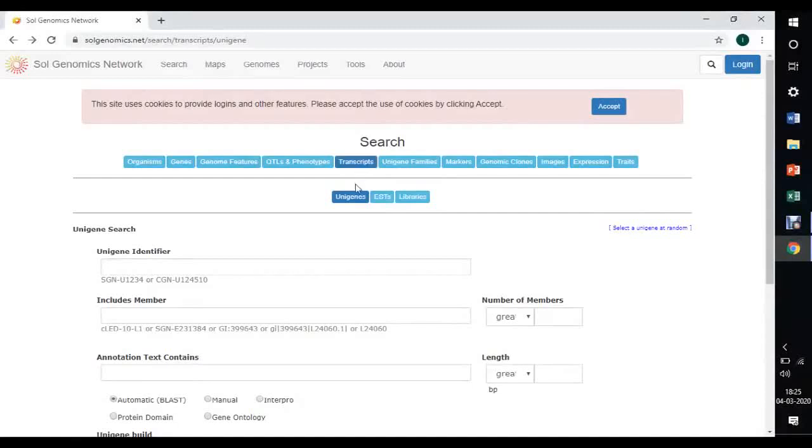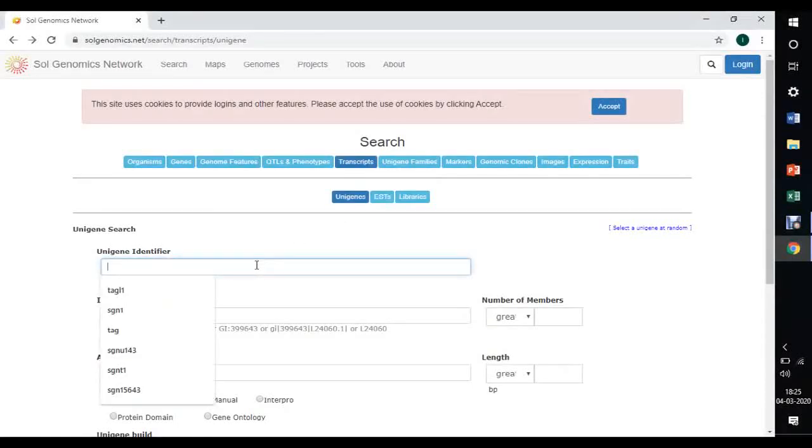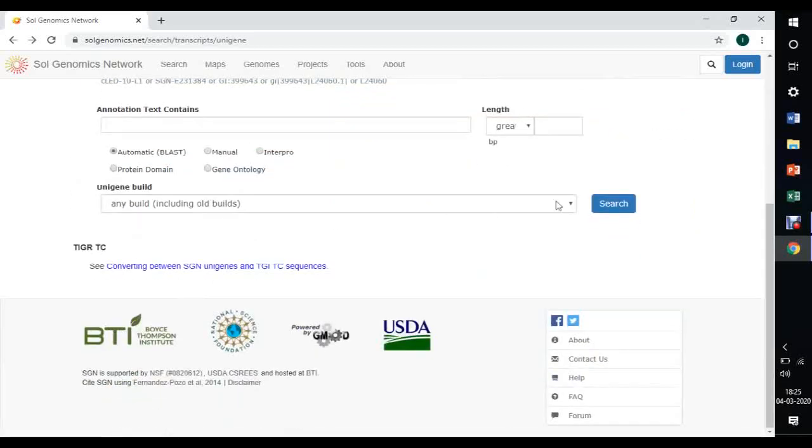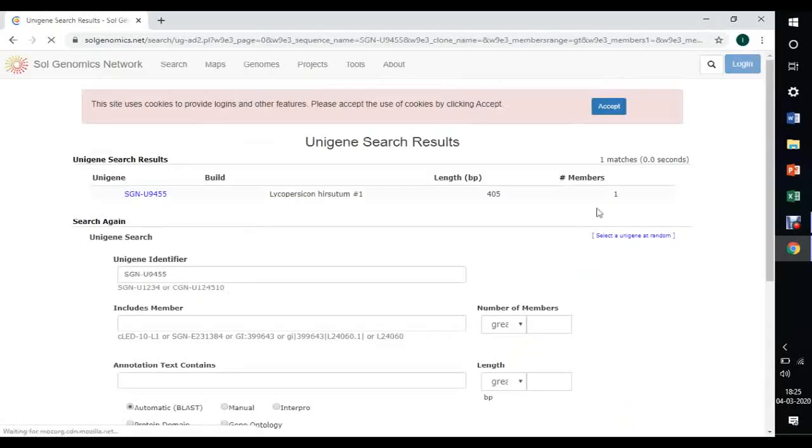In the transcripts option, choose unigenes to get details about unigenes. For example, I am choosing one unigene. I am entering now the unigene ID and I will give the search. In the results, I am choosing that unigene ID. Click on that.